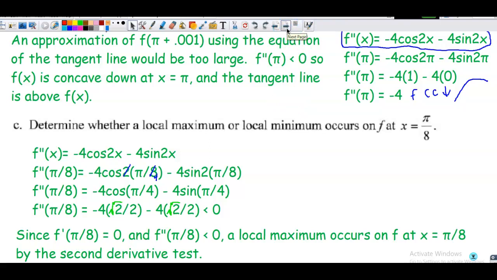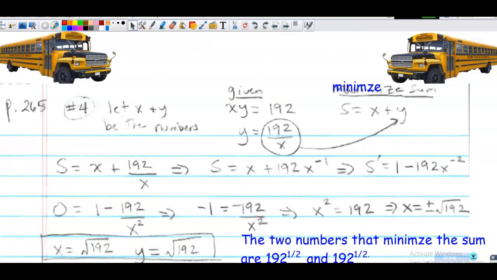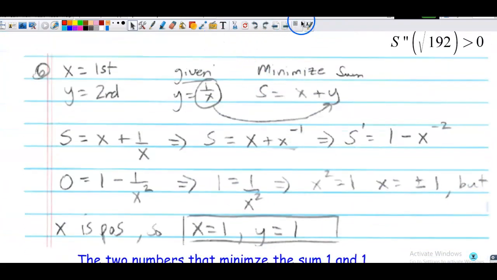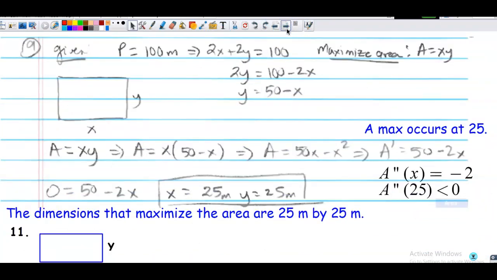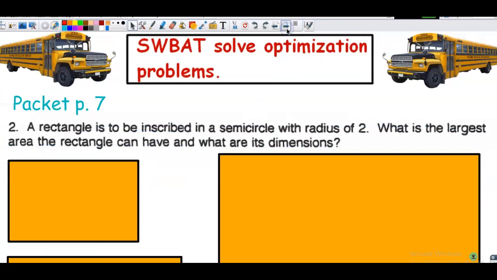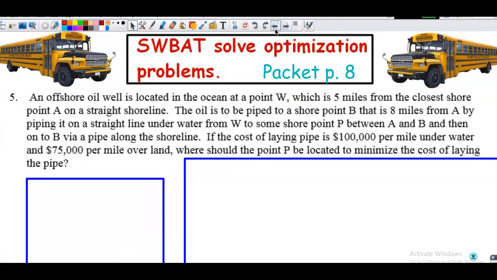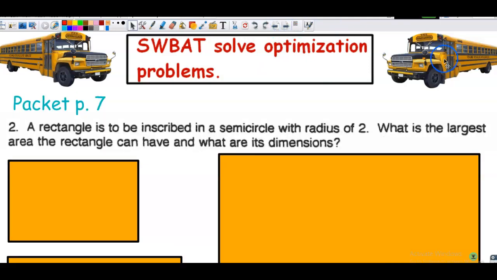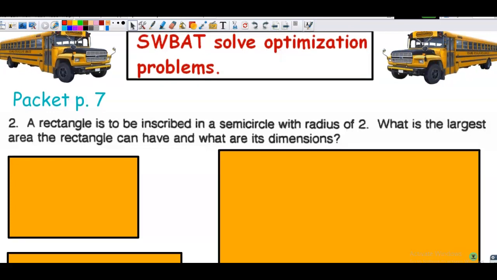So hopefully you were working, if you're in my class, with your classmates looking at the previous night's homework. The answers were posted. In this video, I'm not going to walk through each of those problems, but what I am going to do is jump in and do, I think, 3 more problems. Yes, 3 more problems of a different nature that hopefully will help you work on some